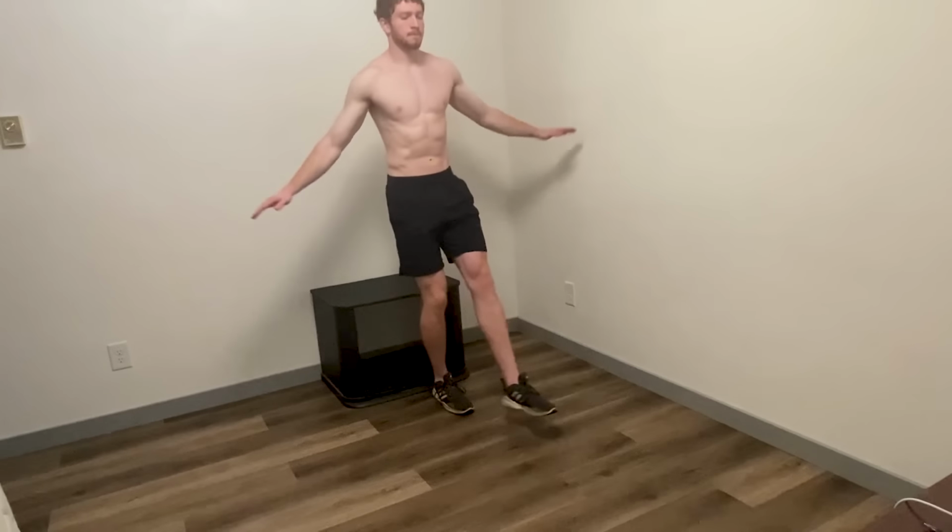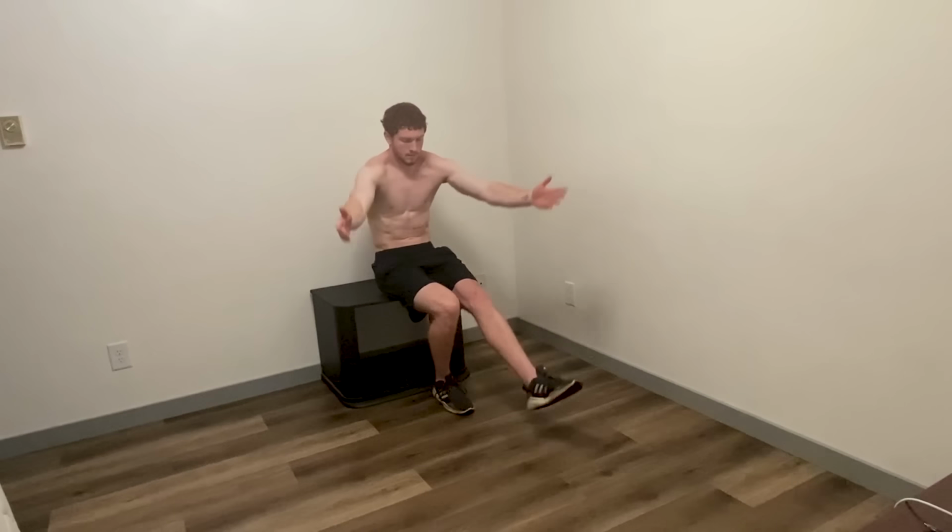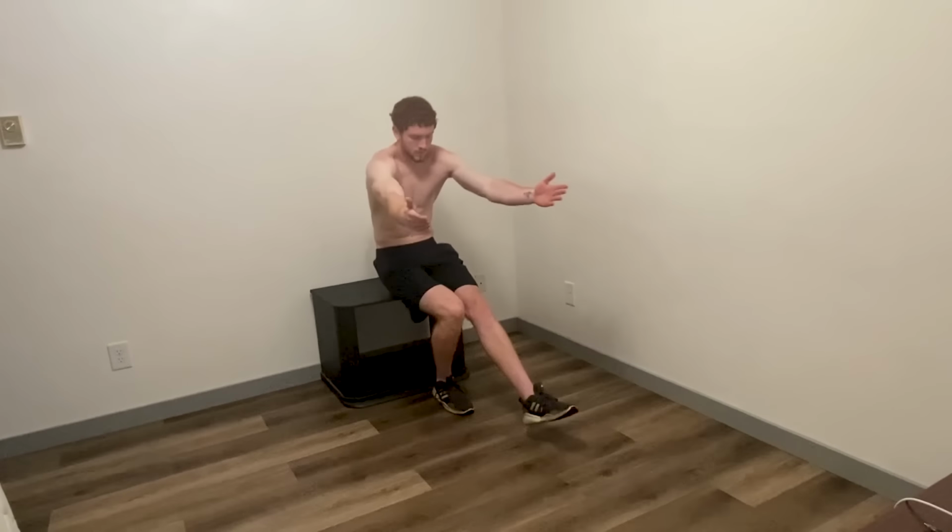This one can be performed in a few different ways. The first variation would be using a box for assistance and kind of doing like a one-legged box squat. This takes some of the balance out of it and you're not getting the same depth, so it's a little bit easier. If that gets a little easy for you and you really got that one down, I would move